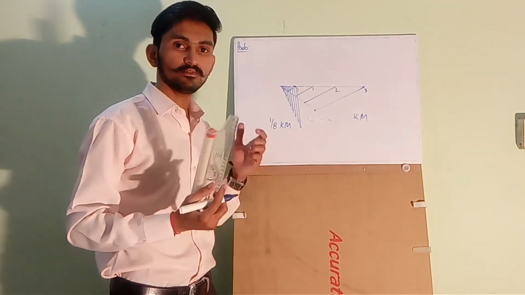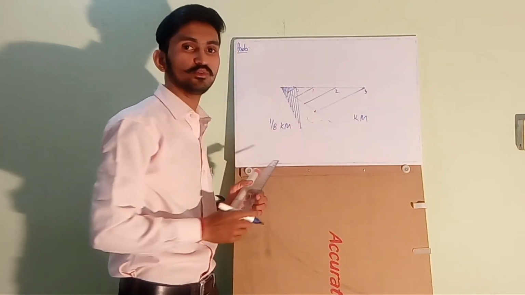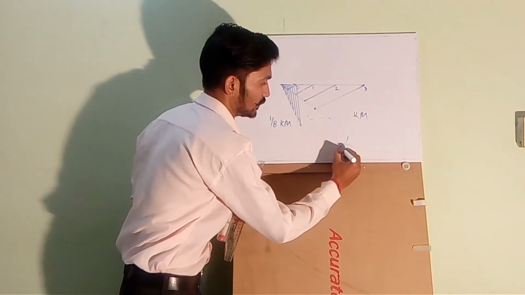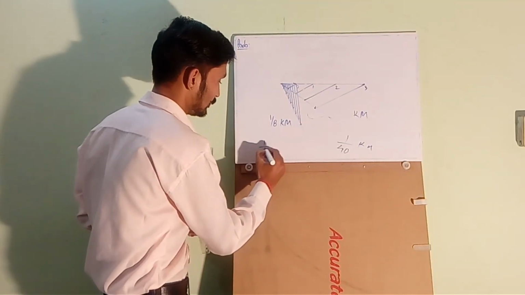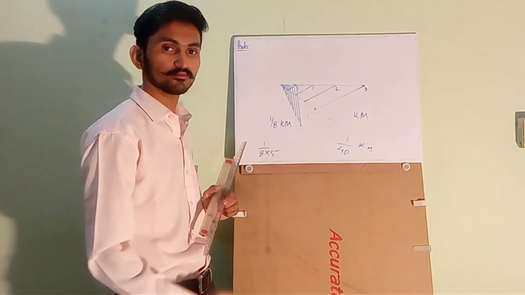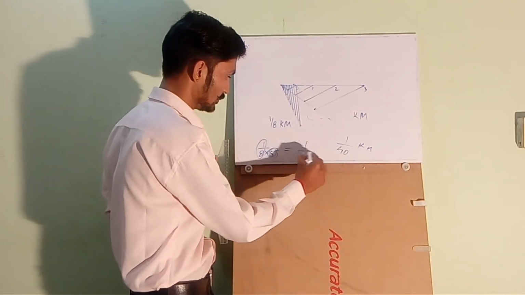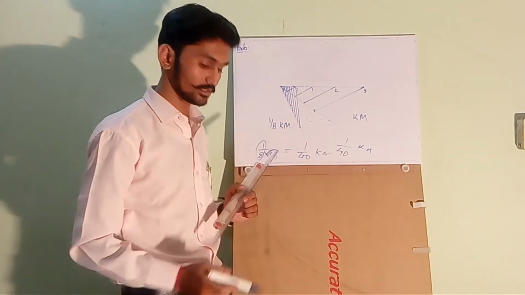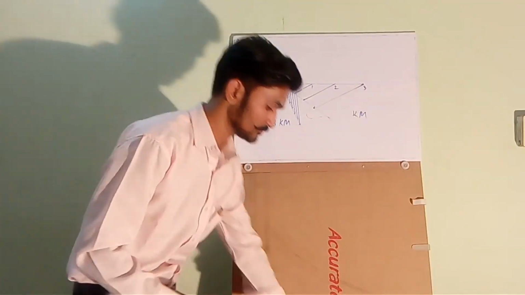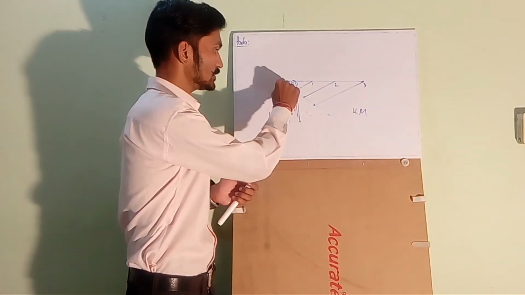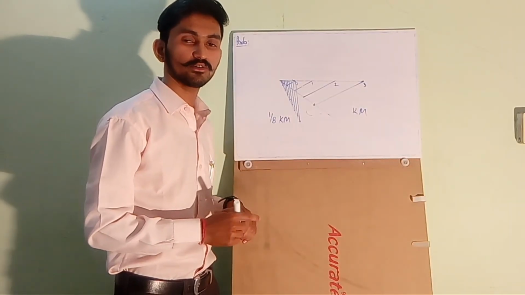Now we will show 1/40th of a kilometer by dividing this small division into 5 equal parts. To show 1/40th of a kilometer, we need to divide 1/8 into 5 equal parts. So if the 1/8 part is divided further into 5 equal parts, each will be 1/40th of a kilometer. Simple. For dividing this small segment further into 5 equal parts, we will be using the method of diagonal division.